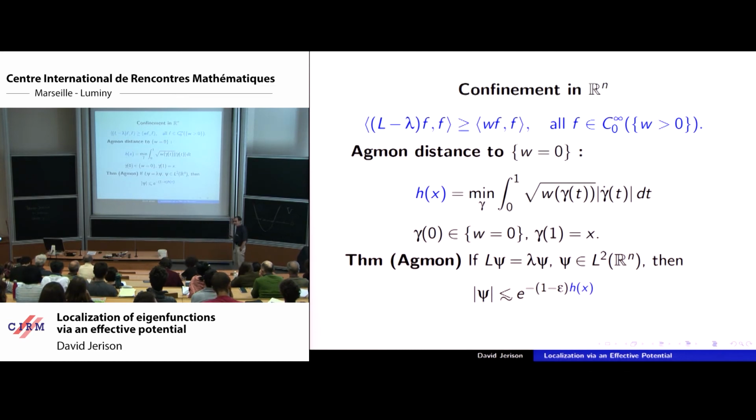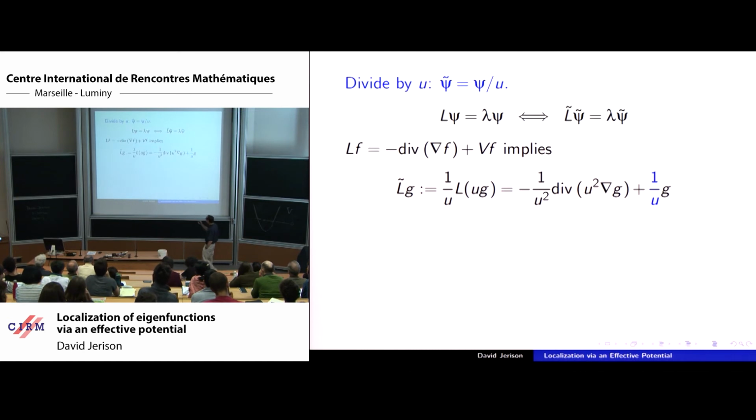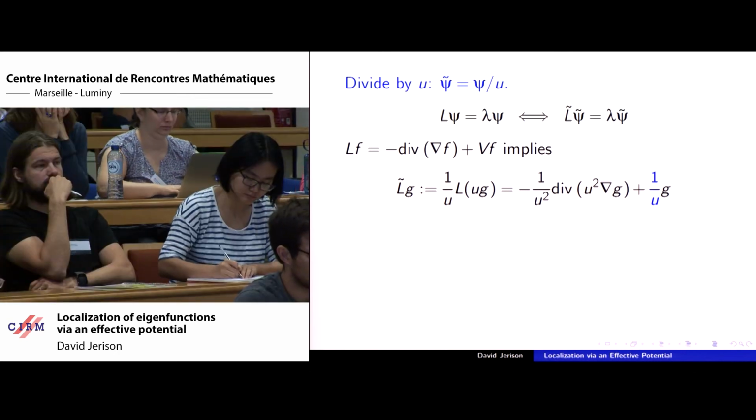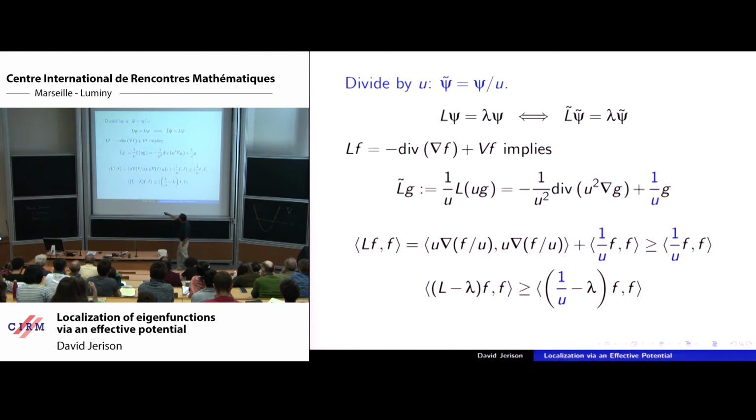So we're looking for this, and remember, this is the arithmetic that we did before. We conjugated the operator, and we came up with this new version with this 1 over u here. So let's see how this works. I'm going to take the form, and I'm going to look for the form bound. Well, this formula is the same as this identity here. I've changed my quadratic form associated with the operator to a different one with a substitute kinetic energy here and a new potential energy over there. This is just an identity. This is just an equation.